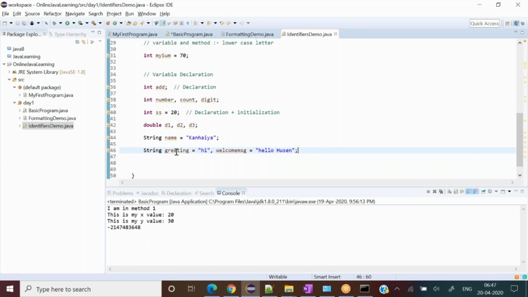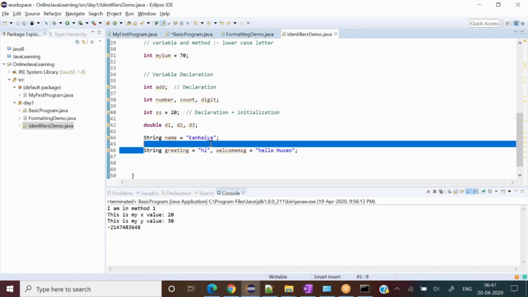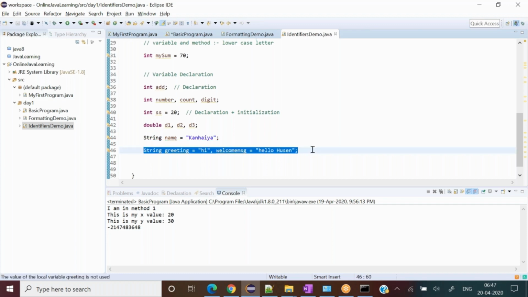That is also possible. We can write it comma separated. Sometimes people get confused whether we can do it with the non-primitive data type or not. So for string also, just separate with a comma and you can write the values, and the same for any variable declaration.